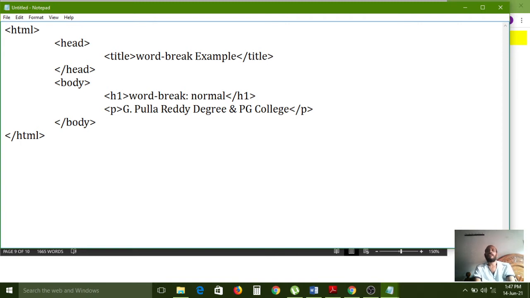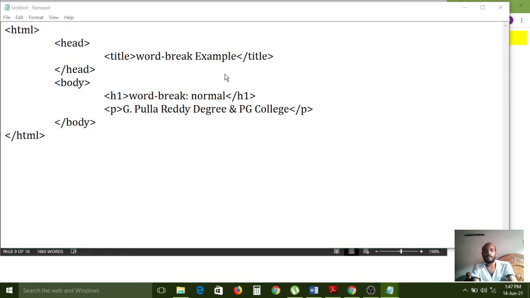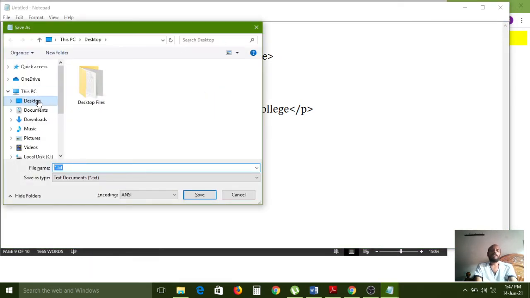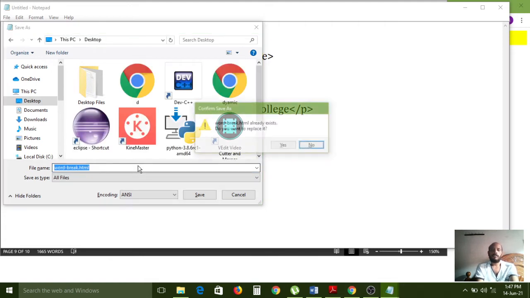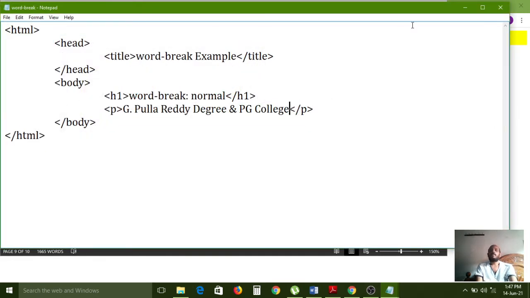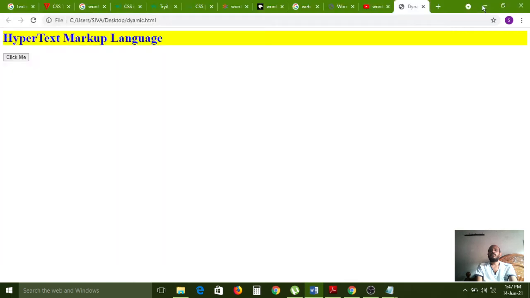So this is my paragraph here. I haven't used the word break concept anywhere. Simply I am saving it on the desktop as word-break.html, save as type all files. Now I am executing this one.